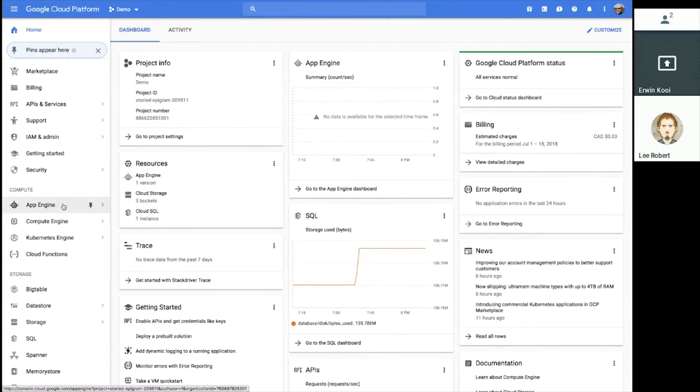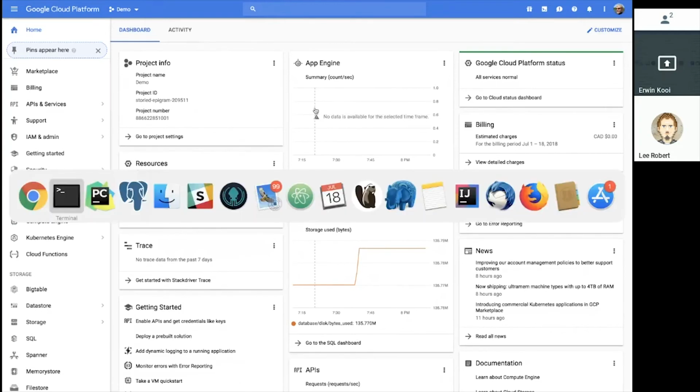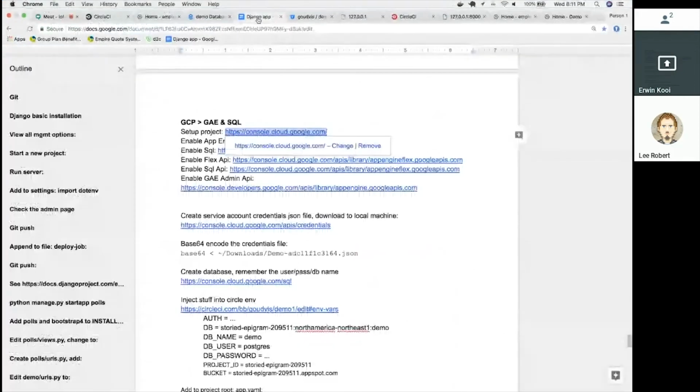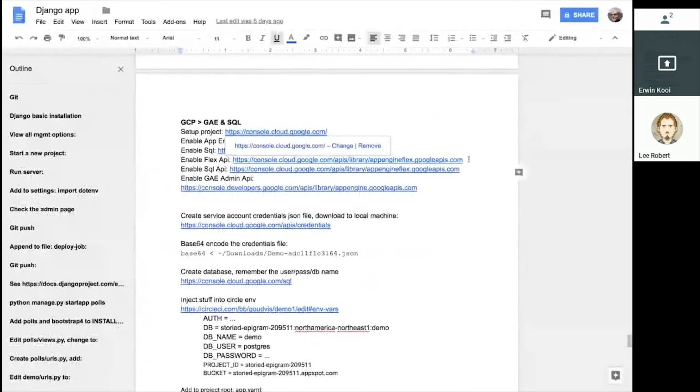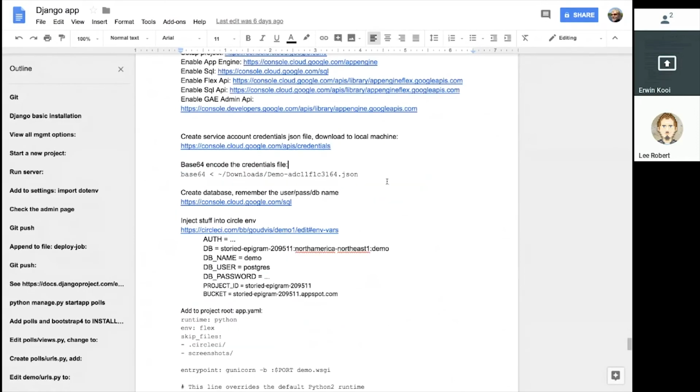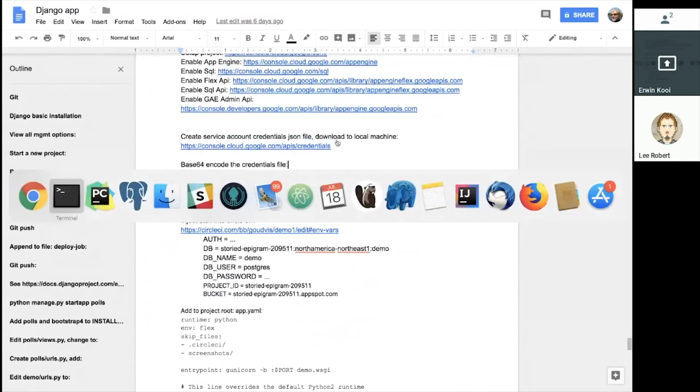Because I've already set it up, you see that it's already running, but I've got some links here in this document that I will share, where you can find the entry points of how to set up certain elements of your project if you want to do this yourself. So you set up your App Engine, your Cloud SQL, you have to enable some APIs. And then to glue it all together,